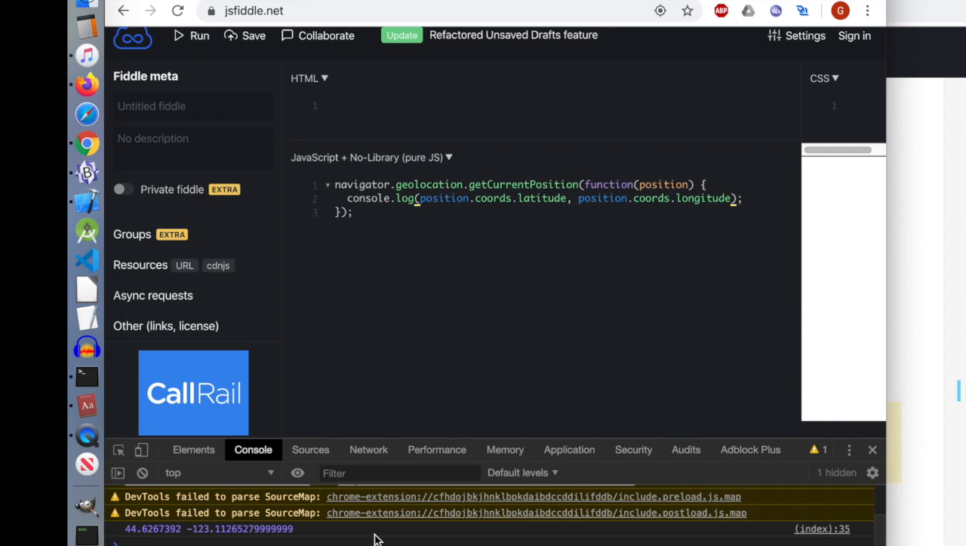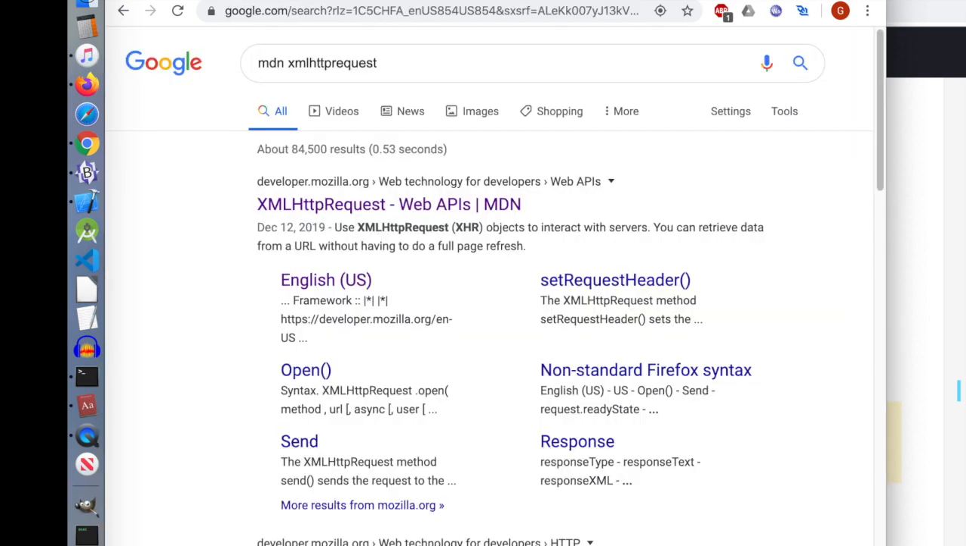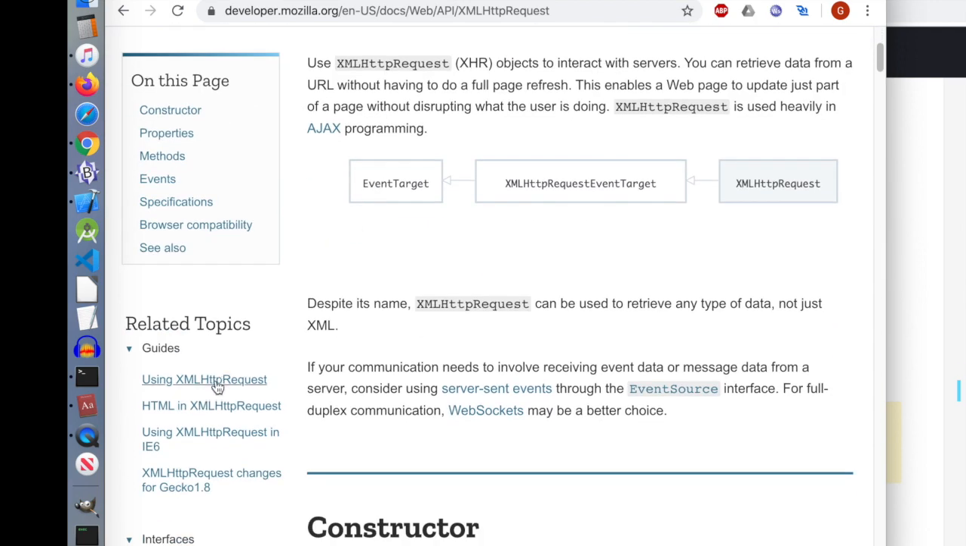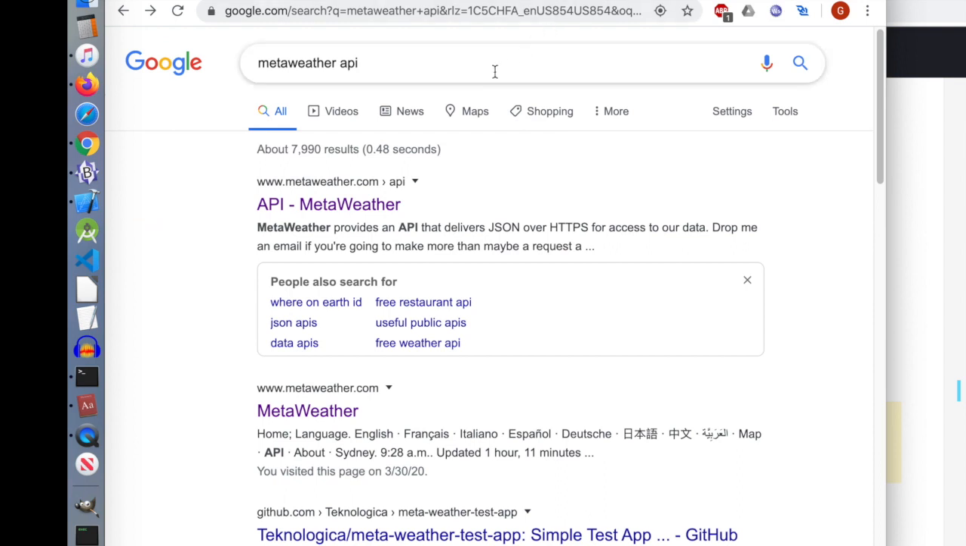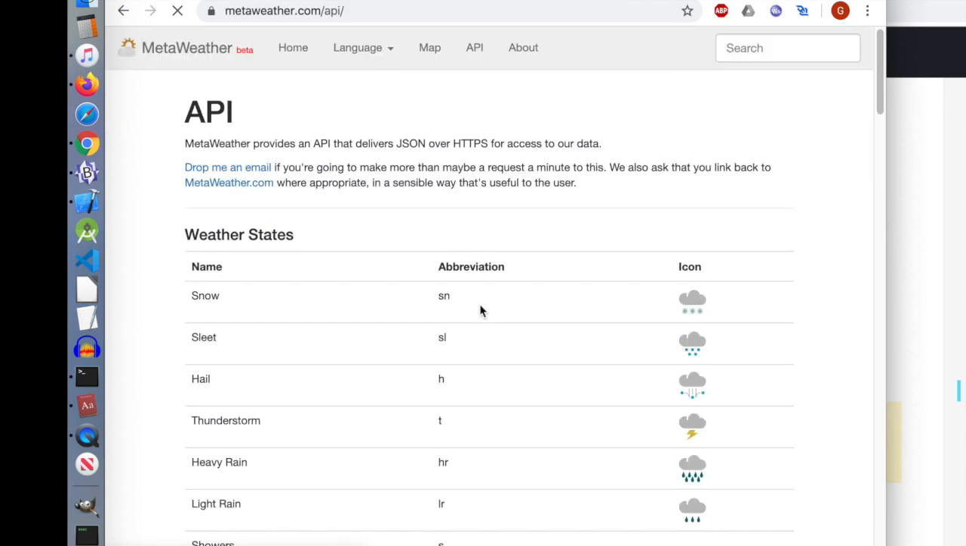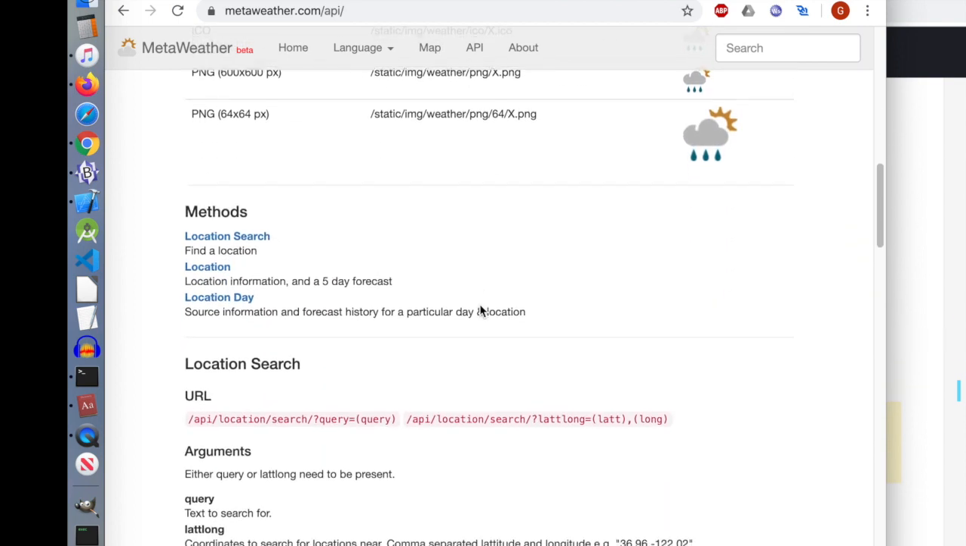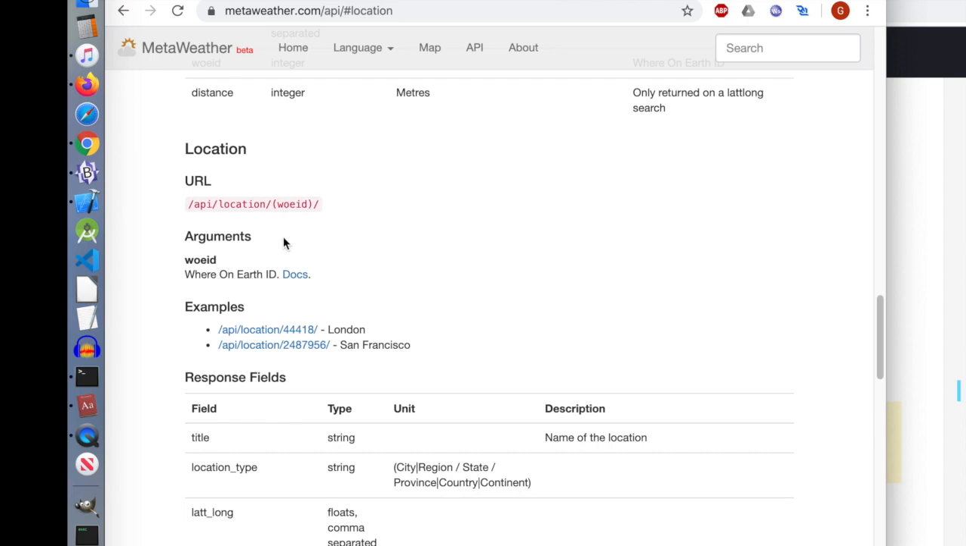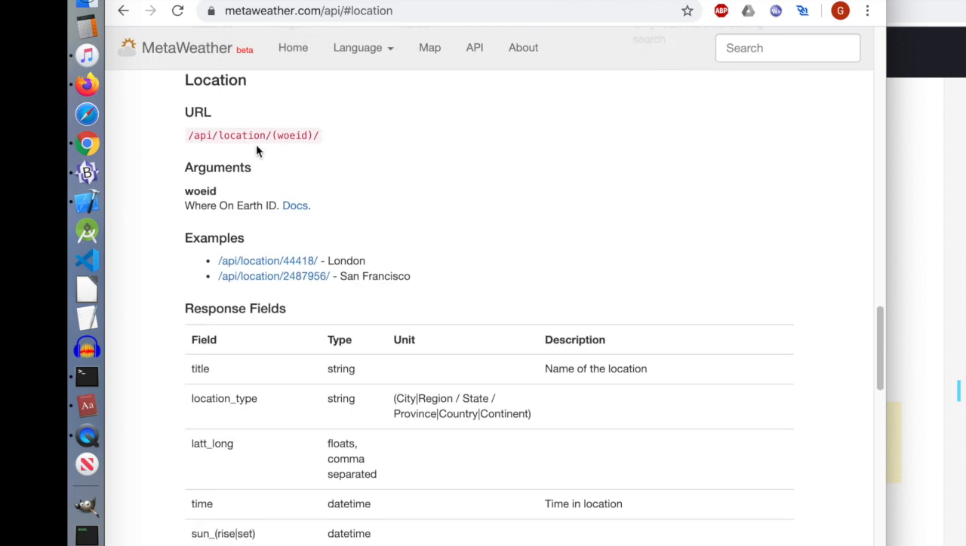Now, the next step is I'm going to have to call the MetaWeather API. That's going to involve calling XMLHttpRequest, and it's also going to involve calling this MetaWeather API as I mentioned. So I'm going to call up the documentation for both of those. And the first thing I need to do is, well, if you look at this API, you'll see that you can get, for example, the 5-day forecast by calling this endpoint. And it takes this particular thing,